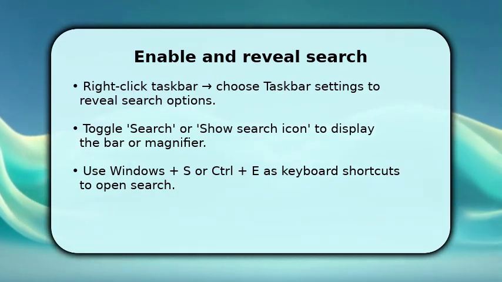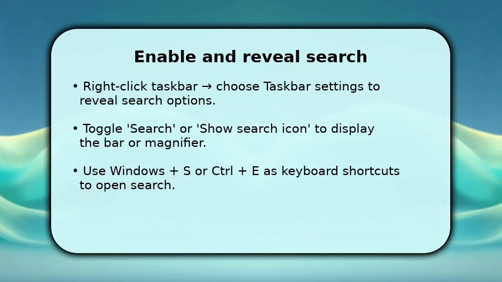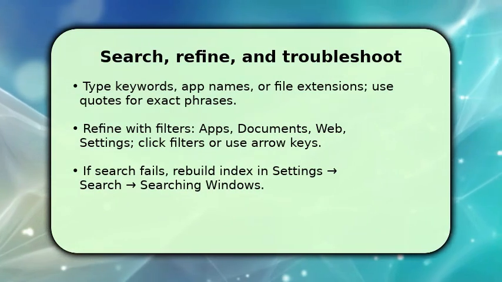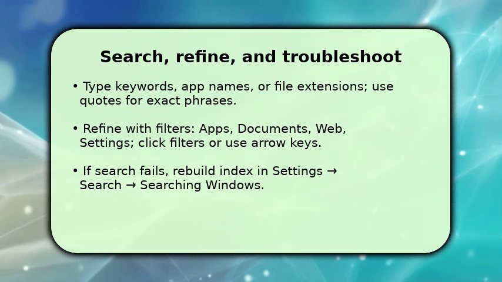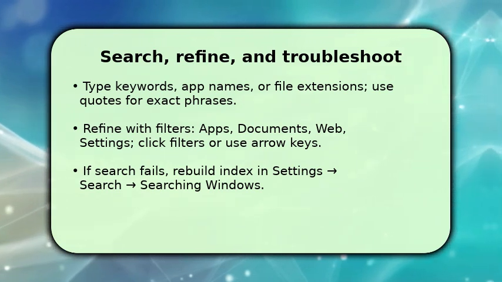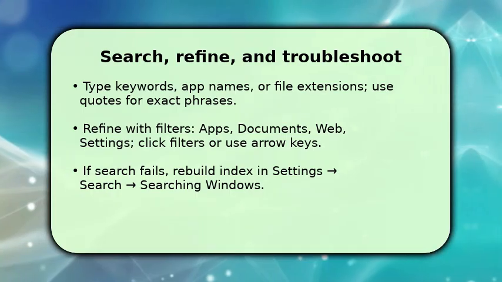Click the search box or press Windows plus S and type what you need: apps, file names, or a phrase in quotes for exact matches. Use the on-screen filters like Apps, Documents, Web, and Settings to narrow results, or press the down arrow to move